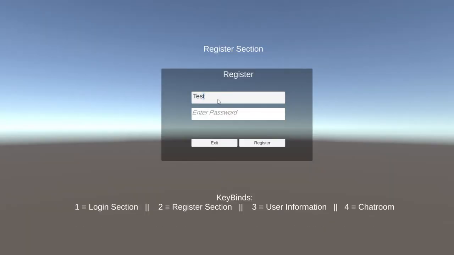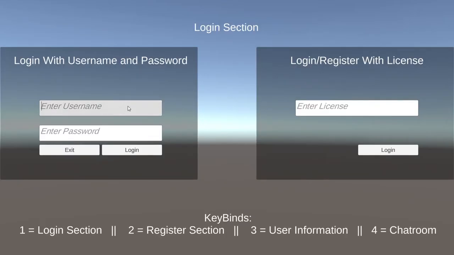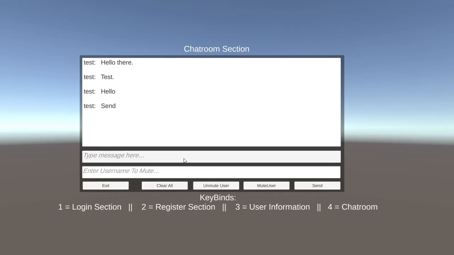Well, user register, and then user login. Go to our chat, and here's test. How are you? And okay, so there we go. It is working. I guess it just wasn't working in play mode, but as you see, once you build it, it will actually work. So hello, this is from the other user, and then this is from me, and then